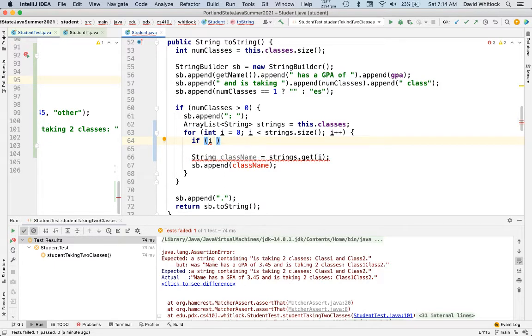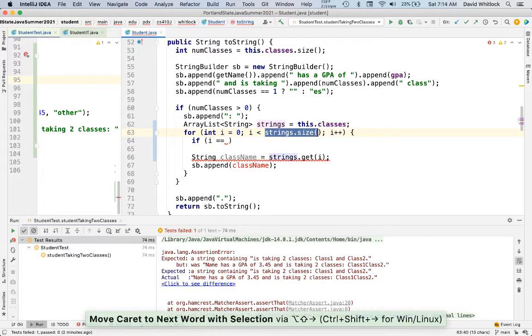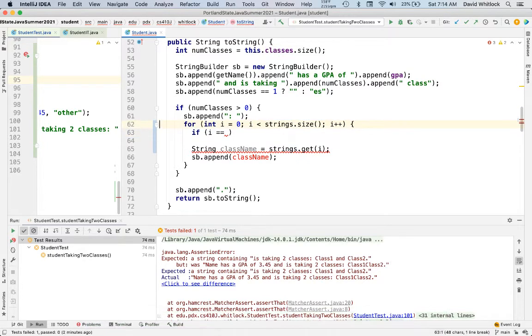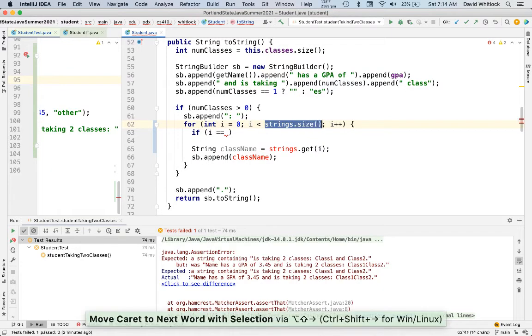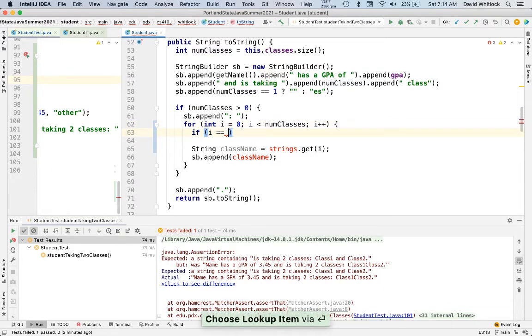So if i equals strings.size. I'm going to call this num classes. Oh wait, this is num classes. I already got that. I don't need that. I can say num classes. So if it equals num classes - 1,